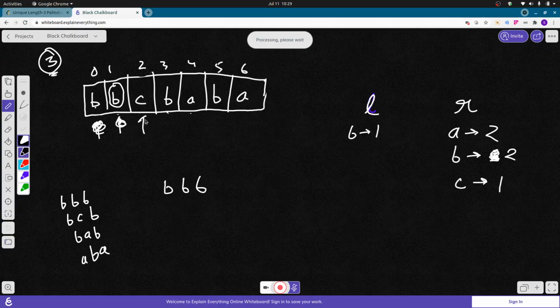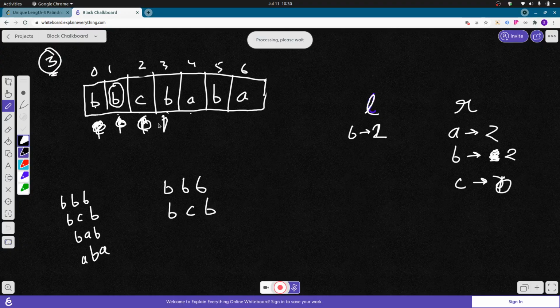Then I will move forward and just update these counts. This will become 2 and C will become 0 because you have to exclude this. On the right side there is no C. In case of C, there is one B on the left and there are some B's on the right. So I will get my second palindrome, BCB.